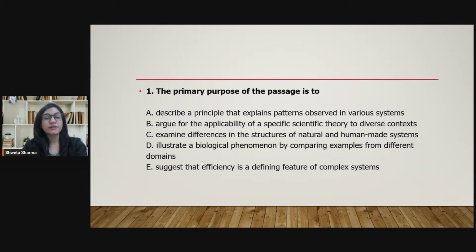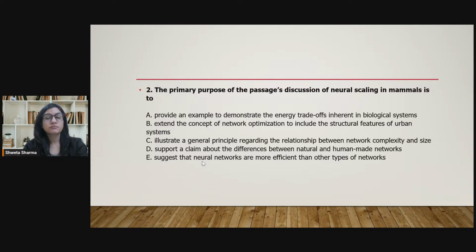Okay, let's move to the next question. Please have a look at this one. What is the purpose of using discussion of natural scaling in mammals? Now, why are we referring to natural scaling in mammals in the passage? So it's a specific question. It's a local question that comes from a specific part of the passage. Let me know if you're done reading. I'll take you back to the paragraph to just refer once very quickly.